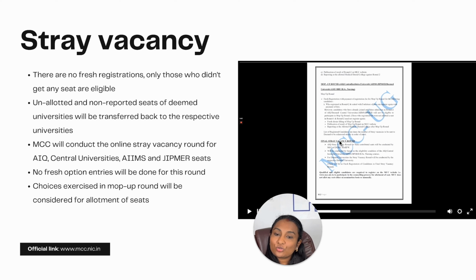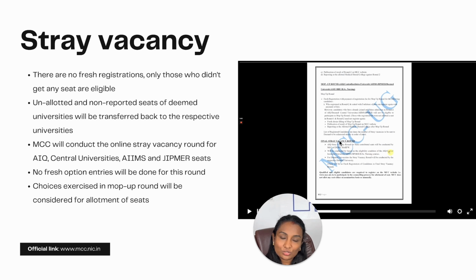Now this is about stray vacancy. There are generally no fresh registrations for the stray vacancy round. The registrations are open only for round 1, round 2 and mop-up round. All the unallotted candidates and non-reported candidates are considered, unless, let's say, in the mop-up round you've got the seat but you've not joined.